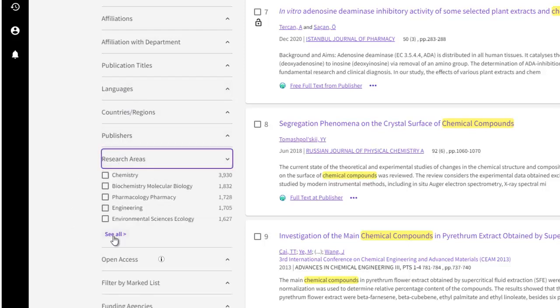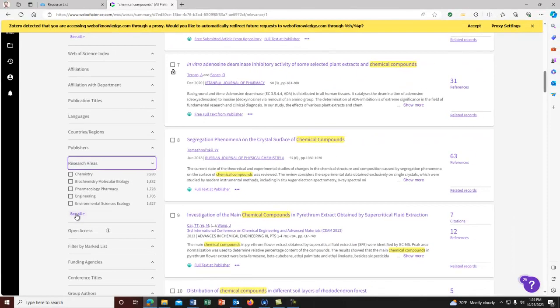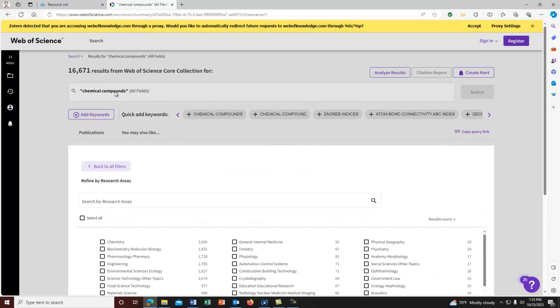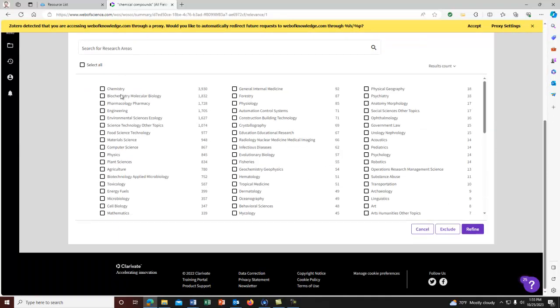The research areas, you can even expand this menu by clicking See All. You see, so everything that has to do with my keyword search, which is in this case the phrase chemical compounds, falls into all these fields. And you can see, for instance, for arts and humanities, there are just 7 results, obviously. But for chemistry, there are almost 4,000 results. It makes sense. Now, from here, you have the option to either refine to specific areas or to exclude some